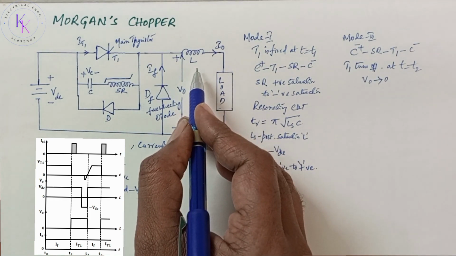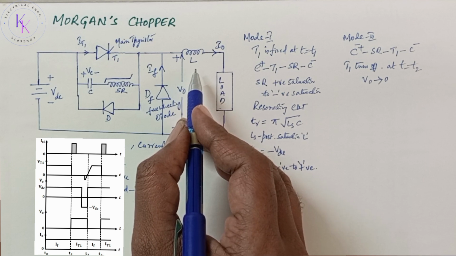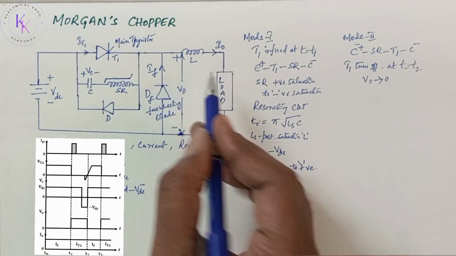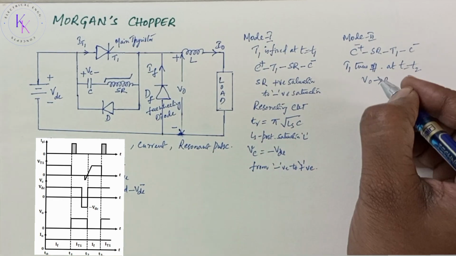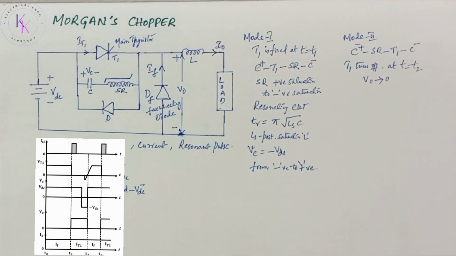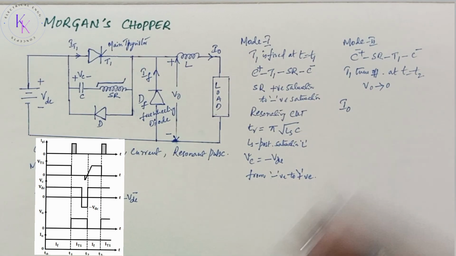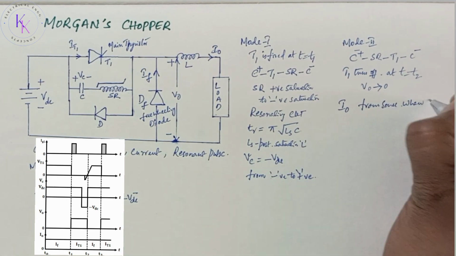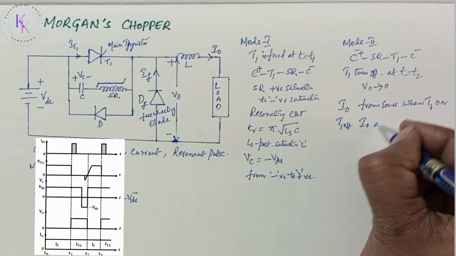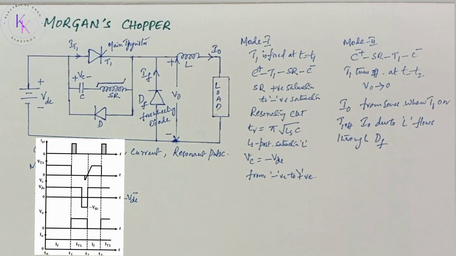But L opposes sudden changes in the current. It starts releasing the stored energy by inducing an EMF of reverse polarity. Hence, I0 flows through DF. So at the end of mode 2, T1 is off and VC is charging again. So I0 flows through the freewheeling diode. Now the output current I0 is from the source when thyristor T1 is on. When T1 is off, I0 is due to inductor L and flows through the freewheeling diode DF until the thyristor T1